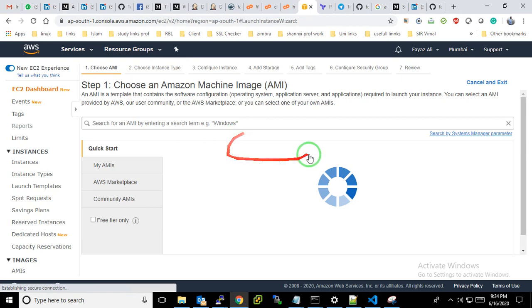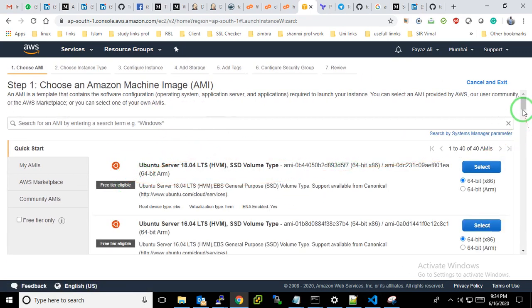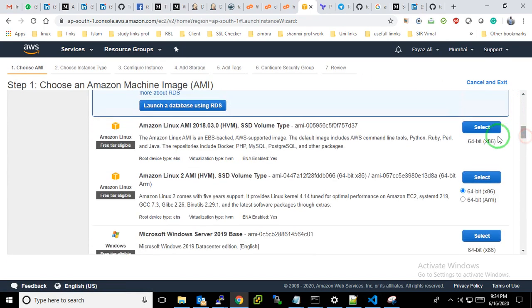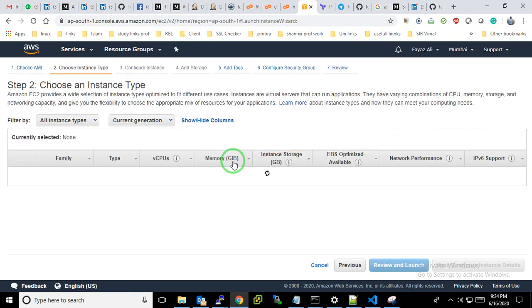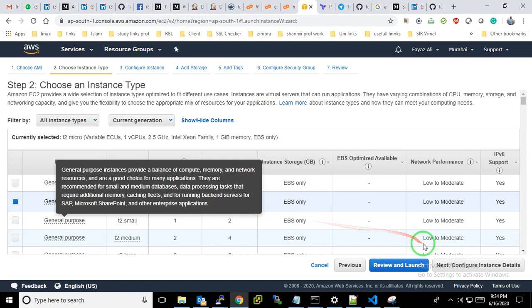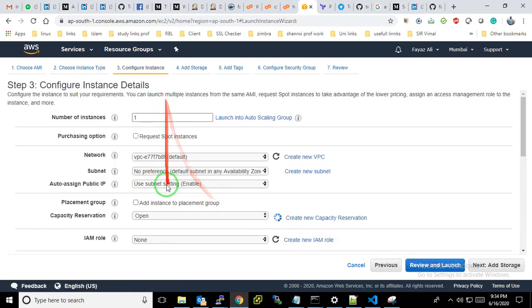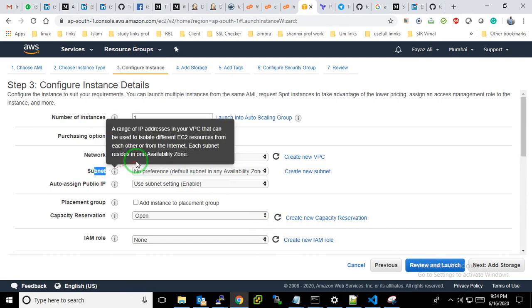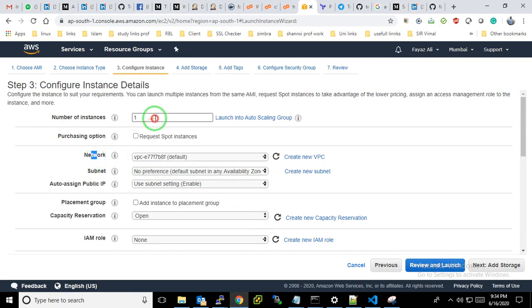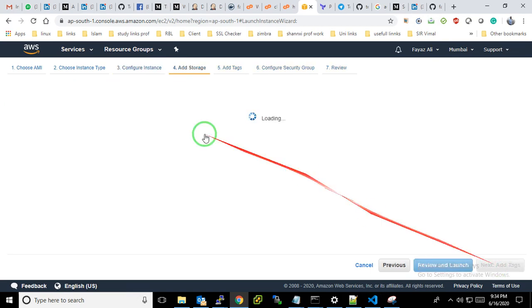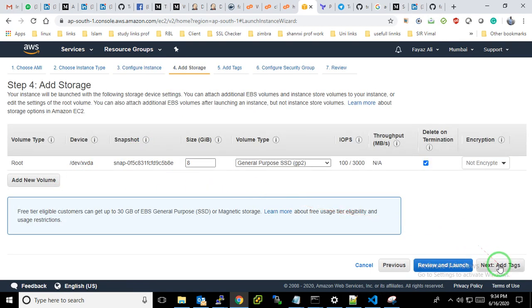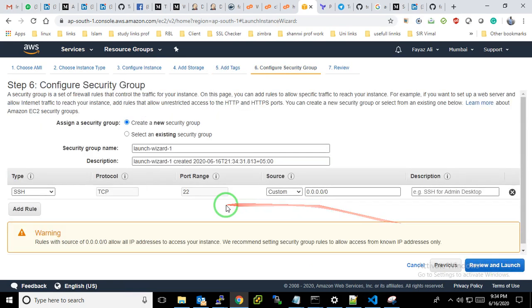Let's see, I go for launching and selecting the AMI, and then I go for the T2 Micro, which is a free version. Then I have to decide the subnet, the network, and how many instances I want to launch. After that I have to attach the storage, tags and security groups. So everything is manual.